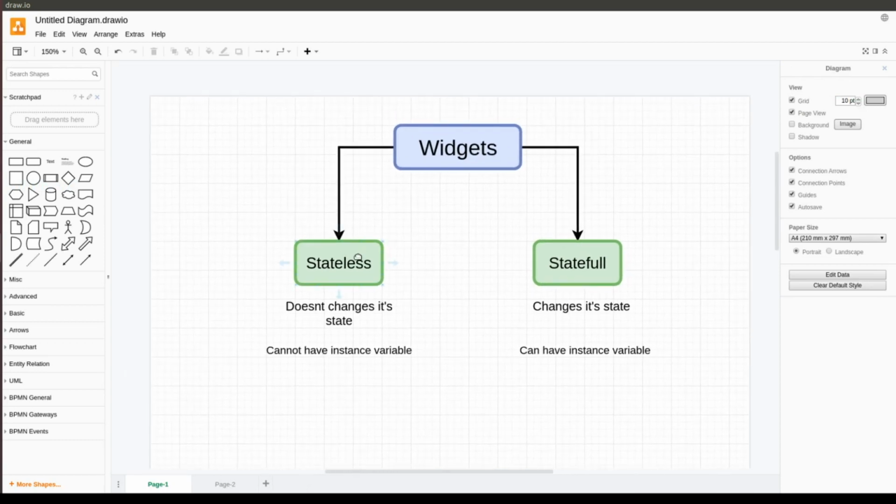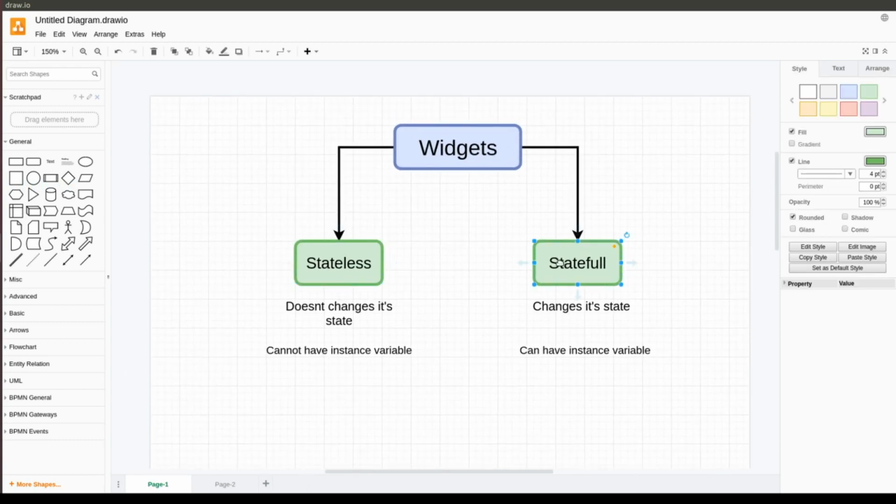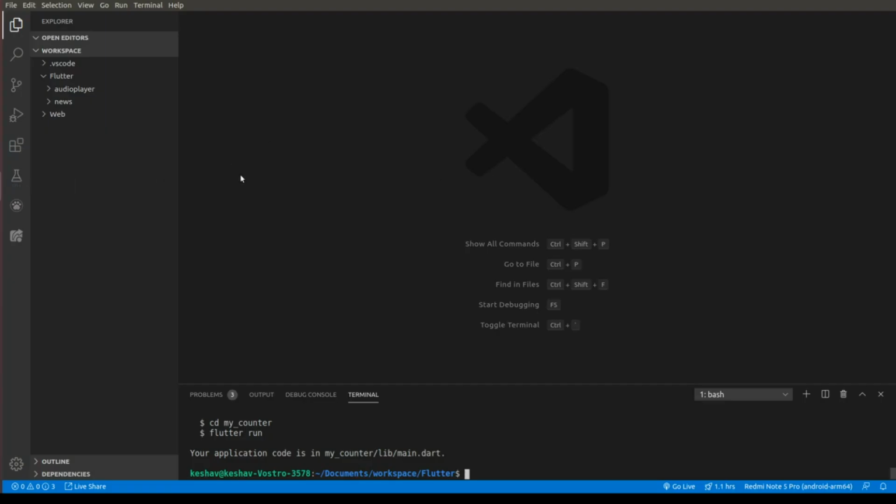and with coding itself I'll explain to you what's the major difference between stateless and stateful widgets and what's the major difference between their working. For the time being, let's first create the project and then talk about it. To create a project, it's a simple command,